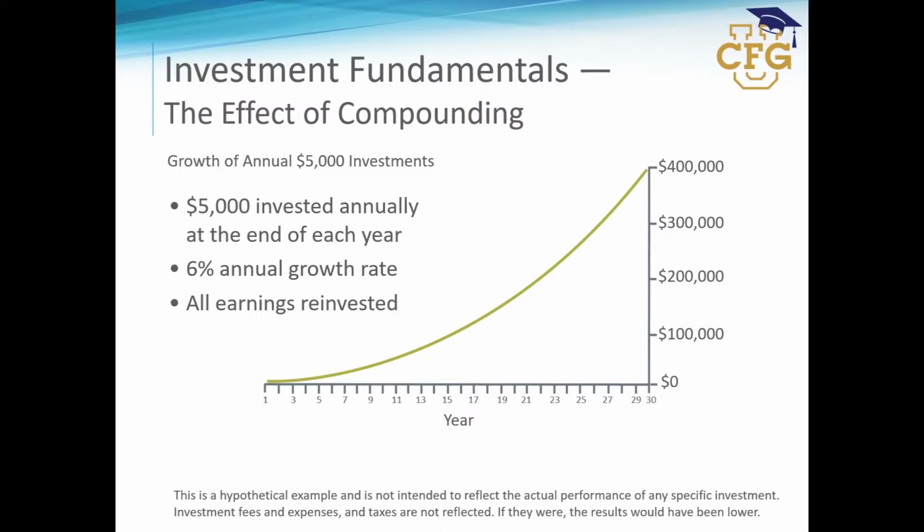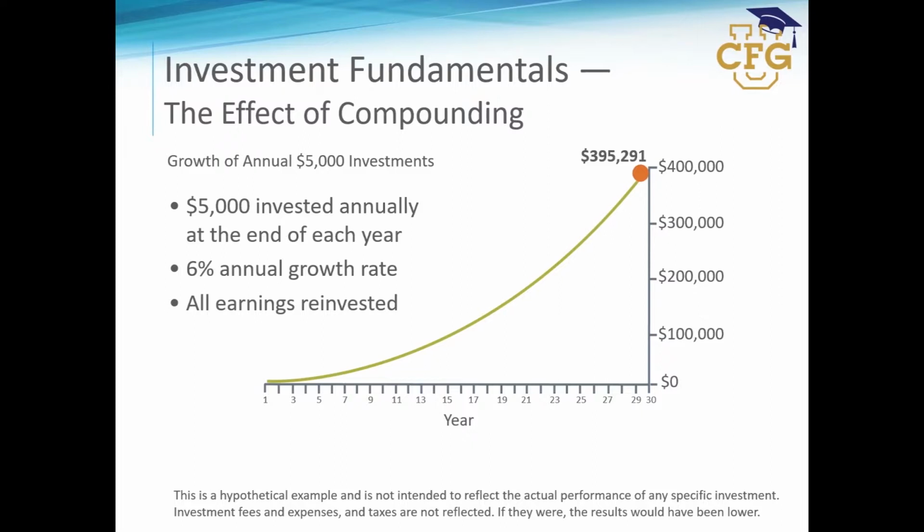Many people, however, don't fully appreciate the impact that compounded earnings can have, especially over a long period of time. Let's say, for example, you invest $5,000 a year for 30 years. After 30 years, you will have invested a total of $150,000. Yet assuming your funds grow at exactly 6% each year, hypothetically, because of compounding, after 30 years, you will